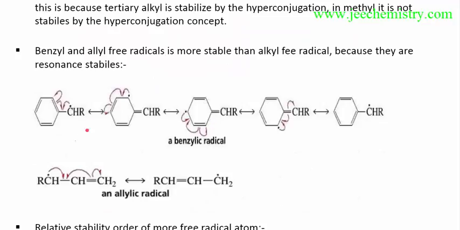Here in this order there is conjugation. This is a benzyl and this is an allyl. There is more and more conjugation of these free radicals. It will migrate from this position to this position. In this way the conjugation is happening. This free radical goes to this position, this one radical comes to this position, and this will become a radical. Similarly this will go one position, this will go one position, and this will become a radical.